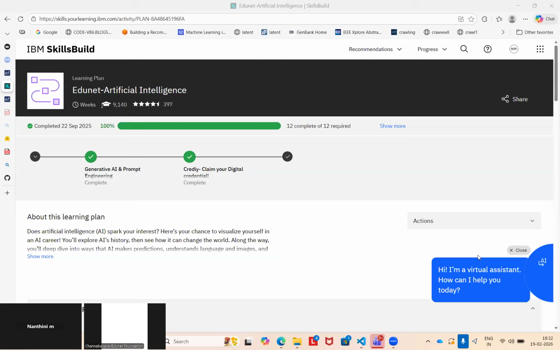You can refer to the session recording as well. They need to upload their final project PPT here. Just click on choose file and select your PPT. Then you can upload it and submit your learning plan completion certificate. The learning plan completion certificate is nothing but the artificial intelligence learning plan completion certificate, you have to attach here and submit